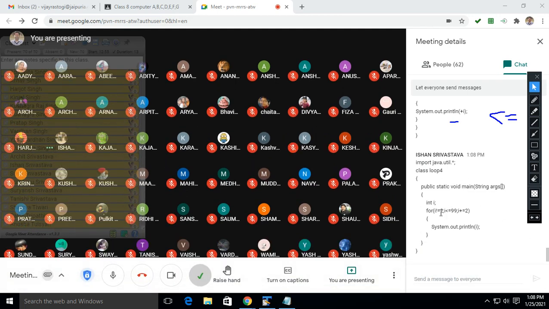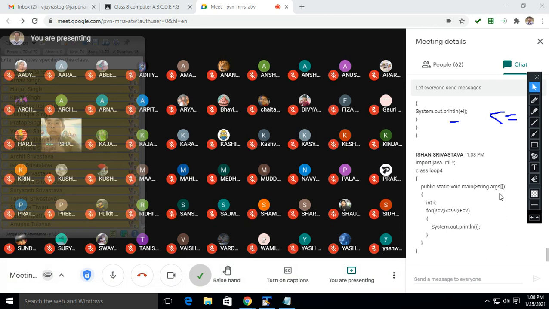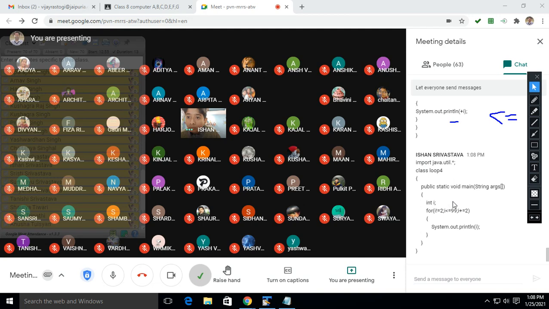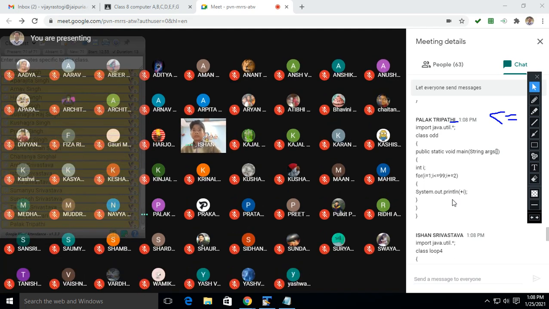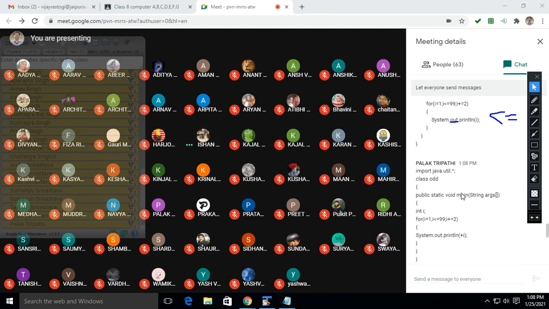Ishan Srivastav, the starting point must be I equals to 2. That is wrong. Okay, Ishan? You have put not equals to. That is wrong, beta. Palak Tripathi, yours is correct, beta. See, Palak, while printing you cannot write plus I. Only I is required.